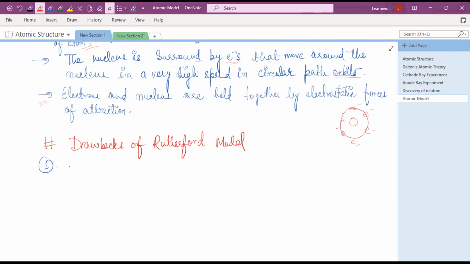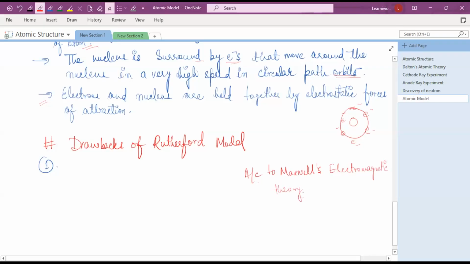Because if आपने फिजिक्स से पढ़ा होगा कि जब कोई भी बॉडी मूव कर रही होती है ऑर्बिट में तो it will achieve some acceleration, right? And if it is achieving some acceleration, so an electron moving around the nucleus in an orbit is under acceleration. So according to Maxwell's electromagnetic theory,